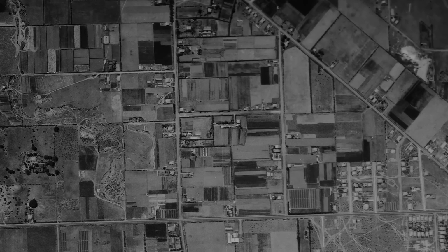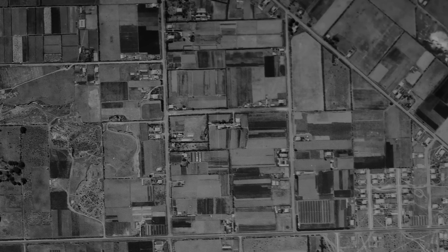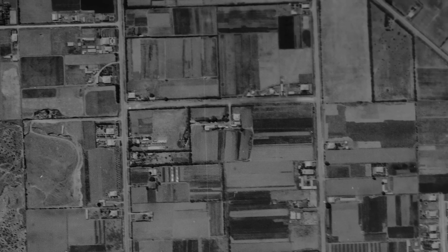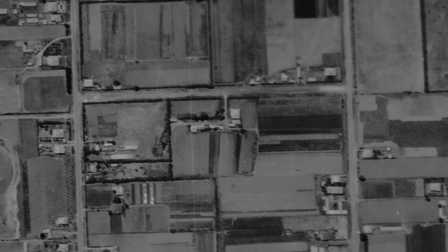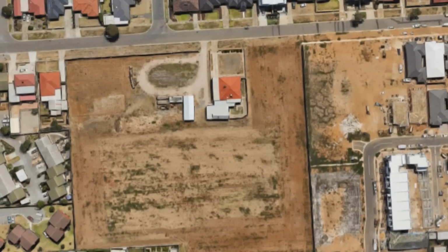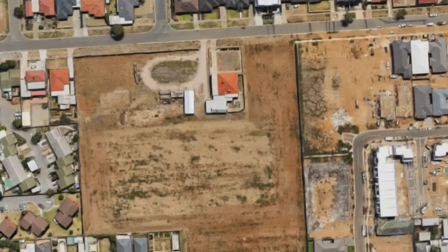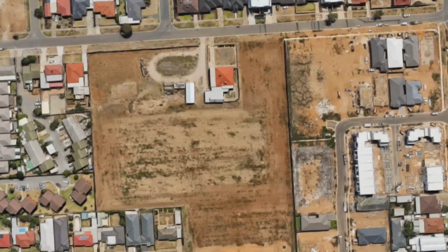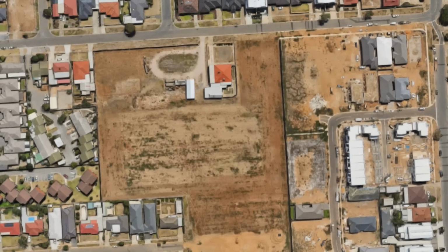And today we are taking a look at a home that was actually one of the very first farmhouses of this area in Findon, Adelaide, as we zoom in on this 1935 aerial survey photo. This area was always known for gardening and farming, and the parcel of land that this home sits on, Bridgeman Road, has survived right up until recent years. But steadily over the last several years, the area is being built up with new dwellings, as you will see,